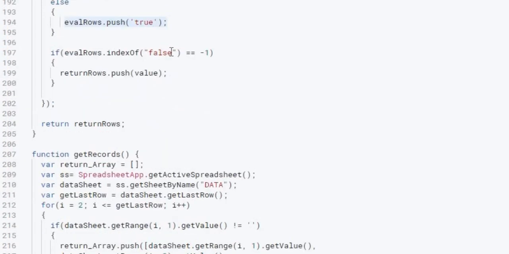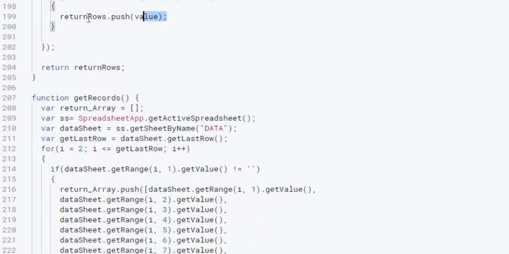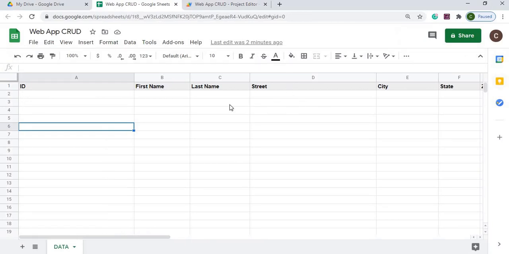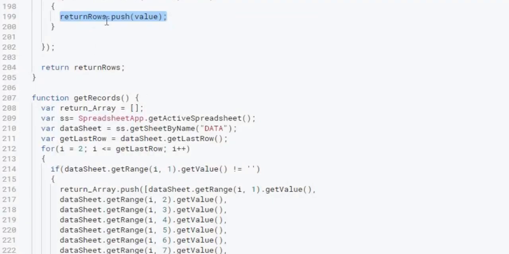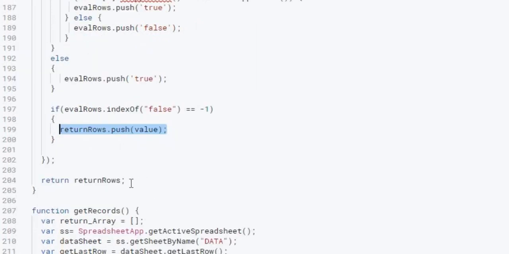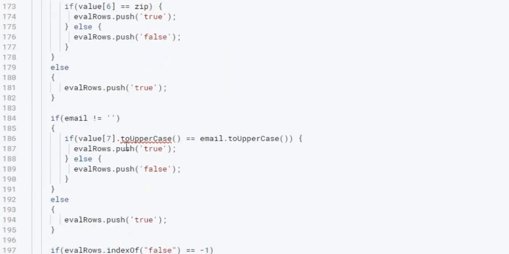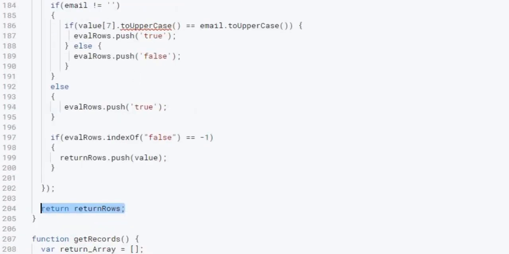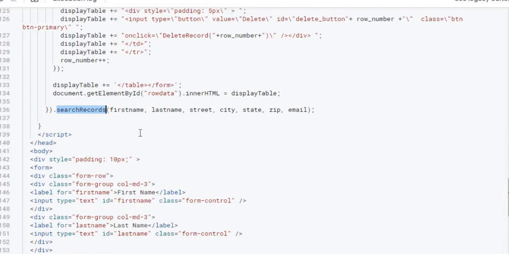and if I don't see a false in any of the fields, then I'm going to push the data row to an array here. So I look at each one of these fields. If they all equal true, then I'm going to say, okay, let's push that to the return rows. So it's going to go through each row, do that evaluation on the search, then it's going to return the row back to the screen. And that brings it back to here,